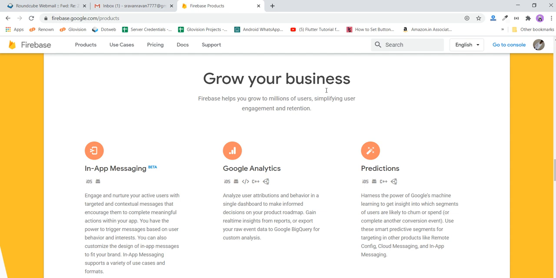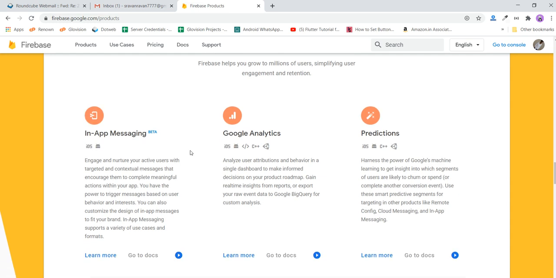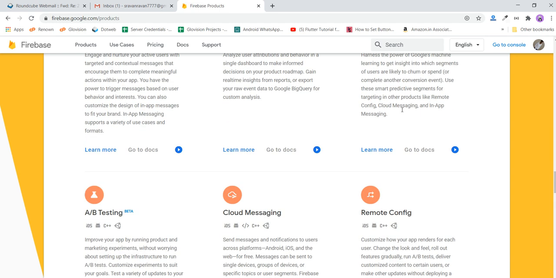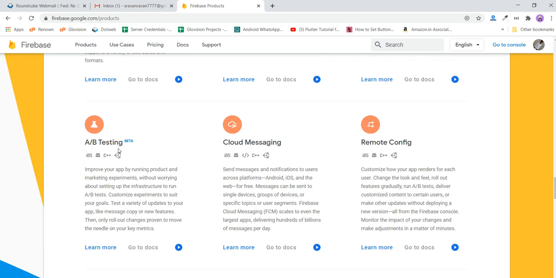And the next, business analytics purpose. So this is messaging. This is in-app messaging. Google in-app messaging, like chatting kind of applications we can build using this. And Google Analytics, we can use the Google Analytics tool, like how many users are using, where those users are, we can get analytics here. Next is Predictions, integrated with Google machine learning, which we can use in messaging purposes, remote configurations and all. And this is also one more type of testing.